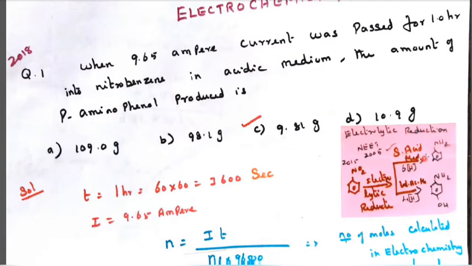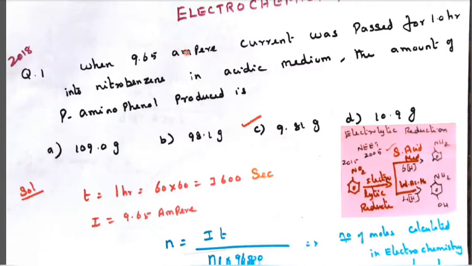So in the presence of strong acidic medium, C6H5NH2, aniline, is the product. In weak acidic medium, para-aminophenol is the product. So electrolytic reduction of nitrobenzene in strong acidic medium and weak acidic medium produces two different products, based on the strength of the acid medium. Here they have given para-aminophenol, so definitely it is a weak acidic medium, where 4 hydrogen are used, giving 4 electrons.